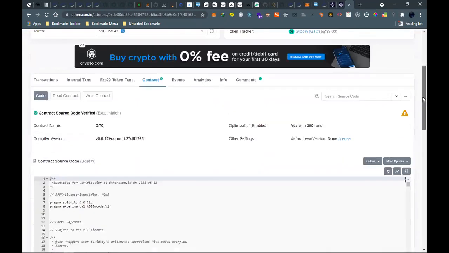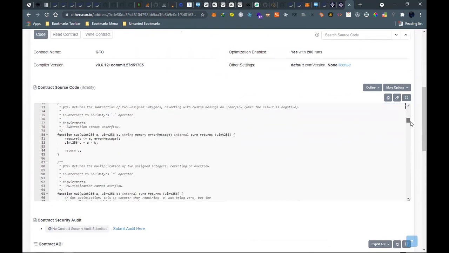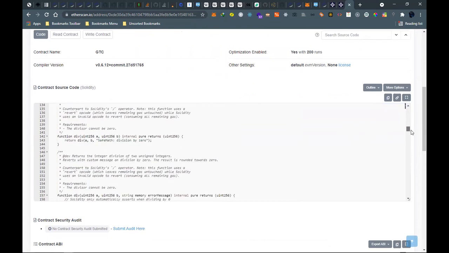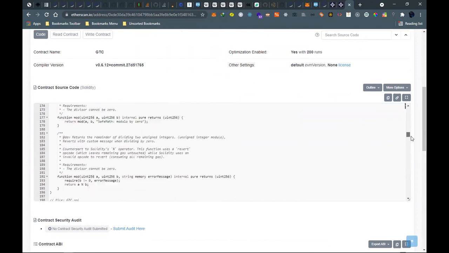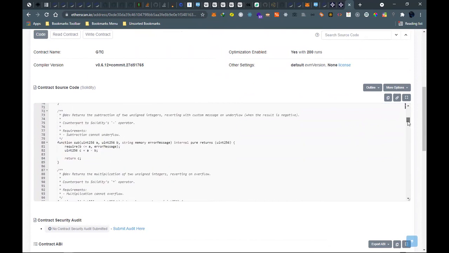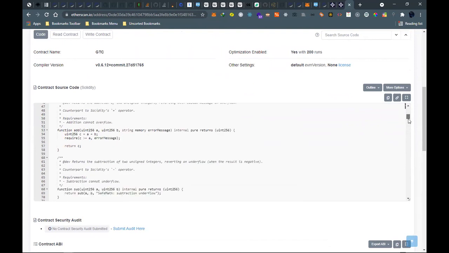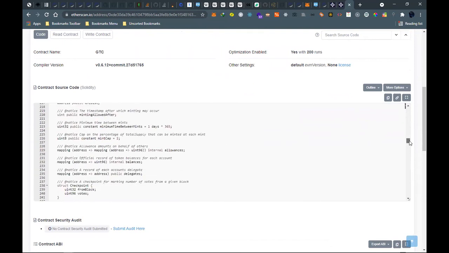So if we go to their contracts, the code itself. If we read the code itself, they should have vulnerable. Yeah. So this the safe math. You see the safe math.